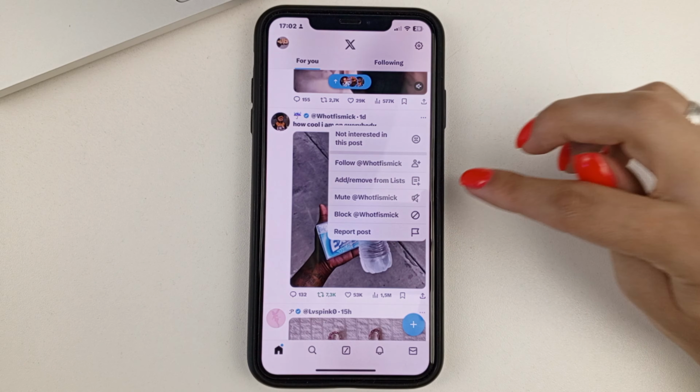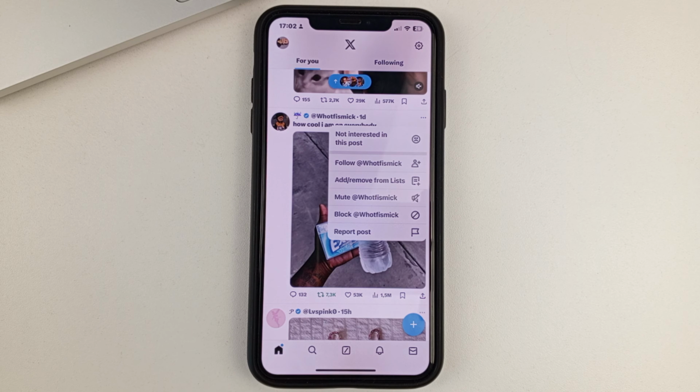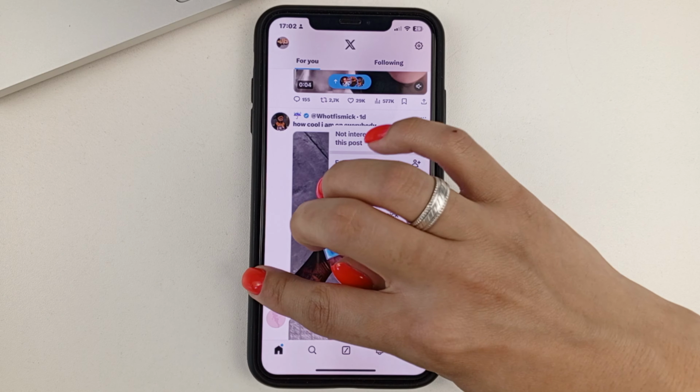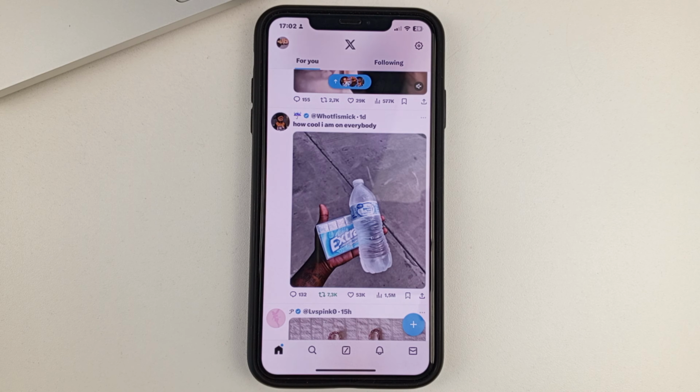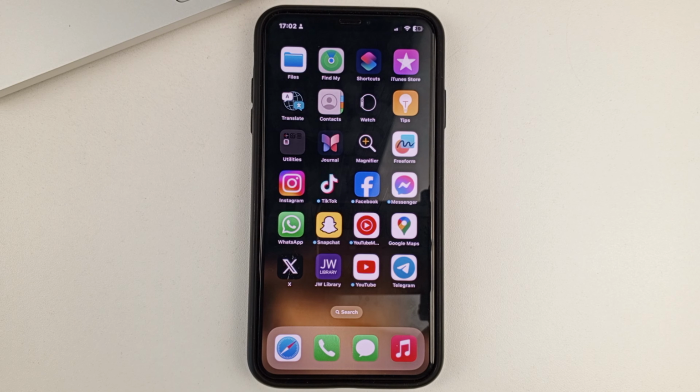If they are not there, if you don't have this function in the menu, then there are no hidden replies to that post, because they may not be to all posts, not to all posts in App X. Friends, this is how you can see hidden replies on Twitter if you need to.